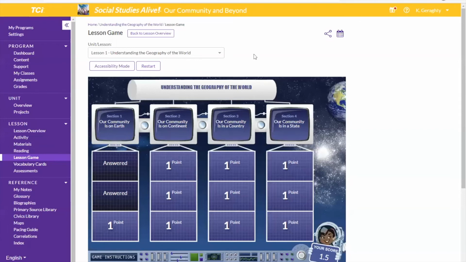Okay. So as I said, they can go through, and this particular one is separated out by the sections. So if you want to have them read a section, then you come over and do the lesson game. Another way too, as I said, you can also have them complete this as a formative assessment. Okay. And the last thing too, there's another thing you can do is you can actually